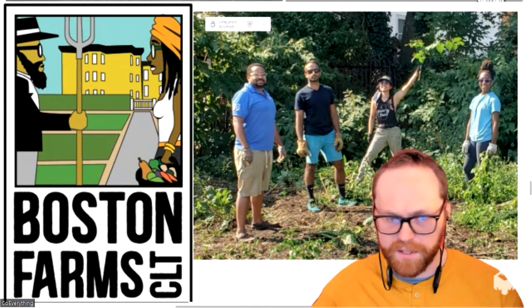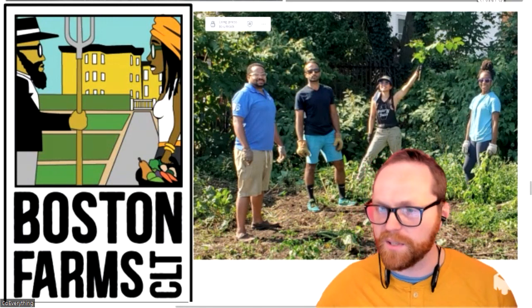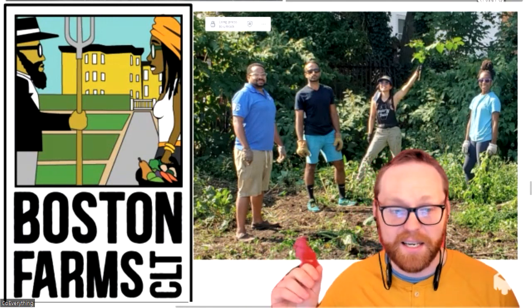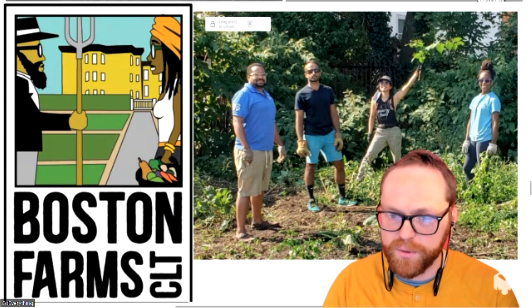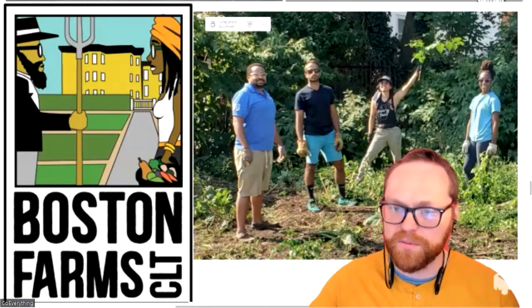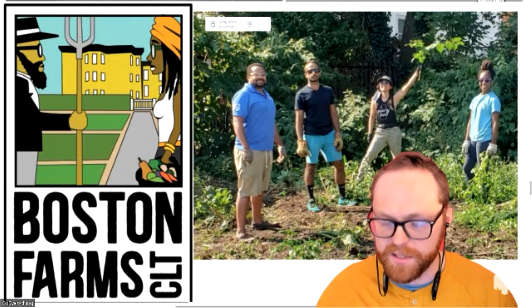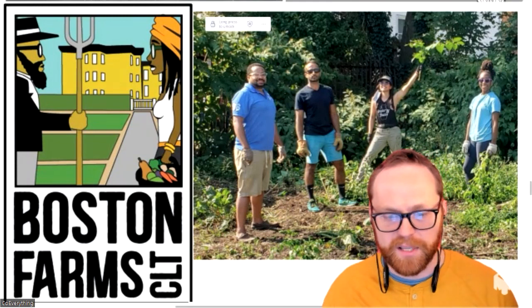While we support land trusts for housing, and we are collaborating with some on other projects I won't touch on today, this one is specifically related to food, but you can imagine the same idea. We want to own urban lots so that urban farmers can affordably keep farming within our cities before they get developed into something else. So Boston Farms Community Land Trust does that.